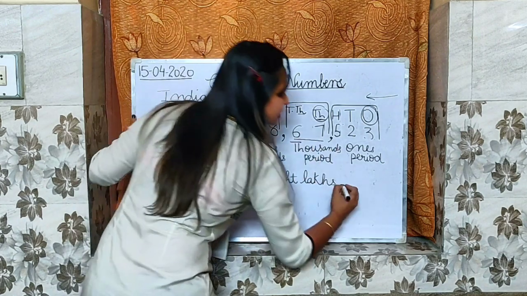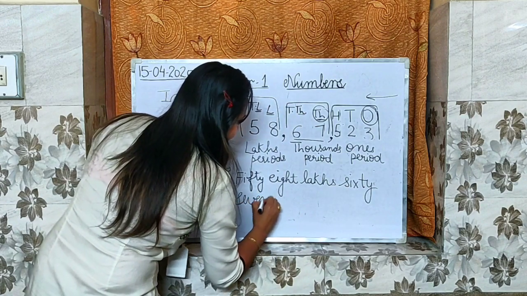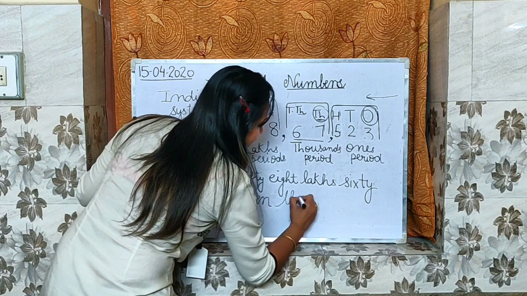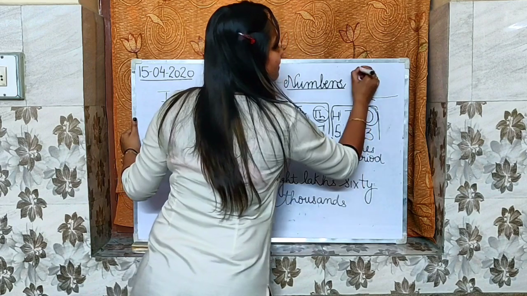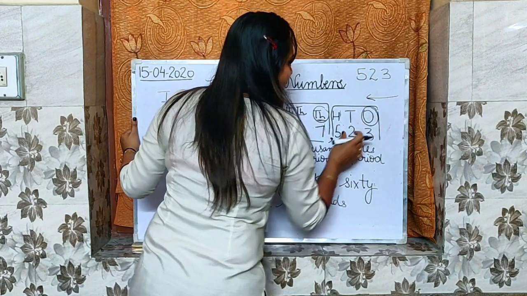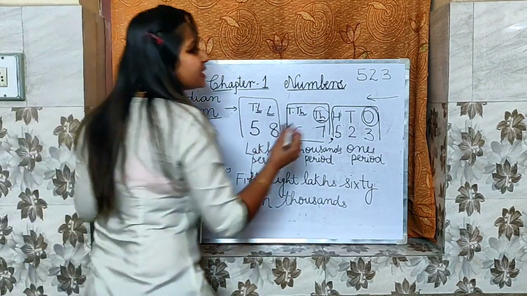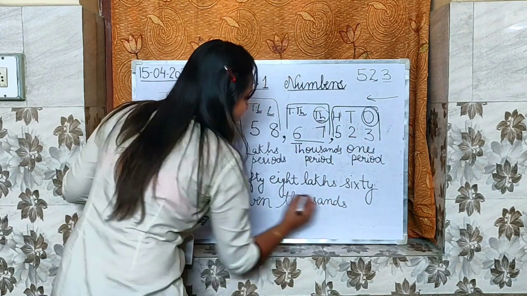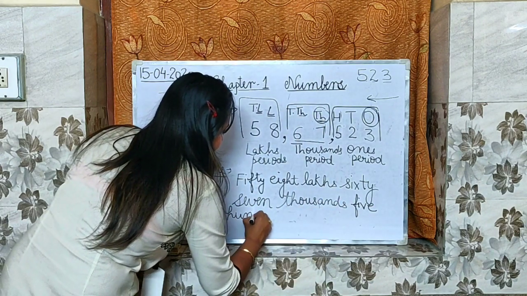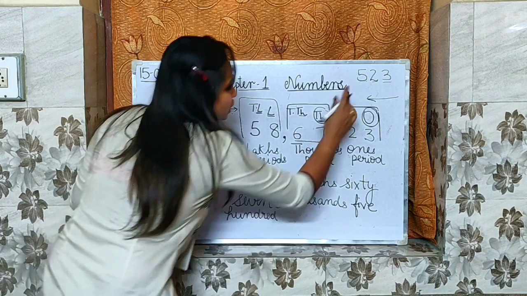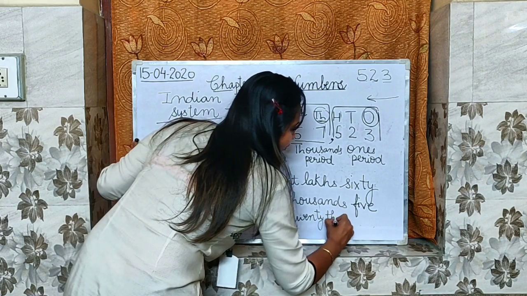Now moving to the next number, 67. I have written here 67. And who is the group leader here? Thousands. 67 thousands. Now moving to next. What is this number? 5, 2, 3. Do I write 5, 2, 3 here? No. I will speak it together, 523, like we were doing in class 3. We were reading all the three numbers together. So I will speak it 523. And who is the group leader here?